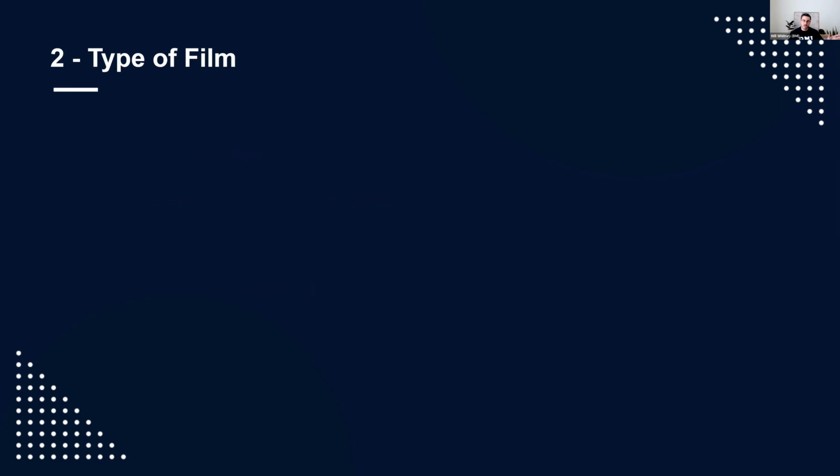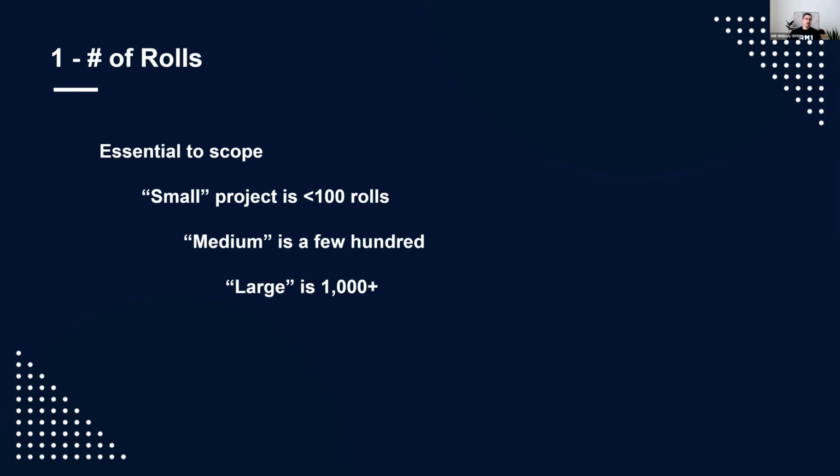Now, touching on this before we go into the next factor, that $20 to $40 range, that's where this is going to come into play. If you have a small project, you're going to be pushing towards the higher end of that range, potentially even beyond it. Because if you have 5 rolls,